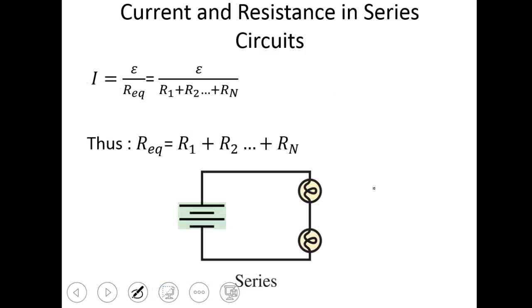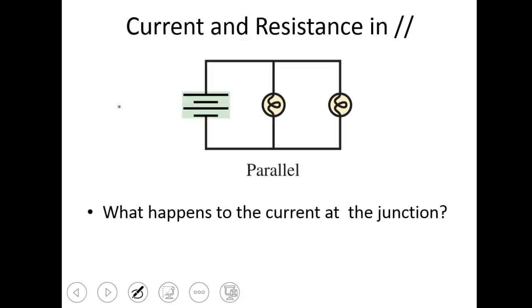However, oh, I'm sorry. So this is what Ohm's law looks like: the EMF of the battery over the total resistance, and I just add those together if it's a series circuit, if that current doesn't branch at all. However, if that current does branch,